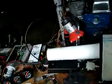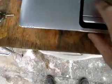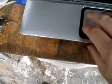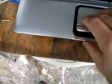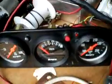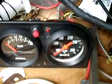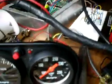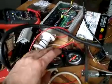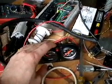Alright, so something I want to show you guys is not my iTunes music selection, not my TunerStudio, and not that. One of the things you're going to notice here is I got a button and a LED. The button right here is the reset for the